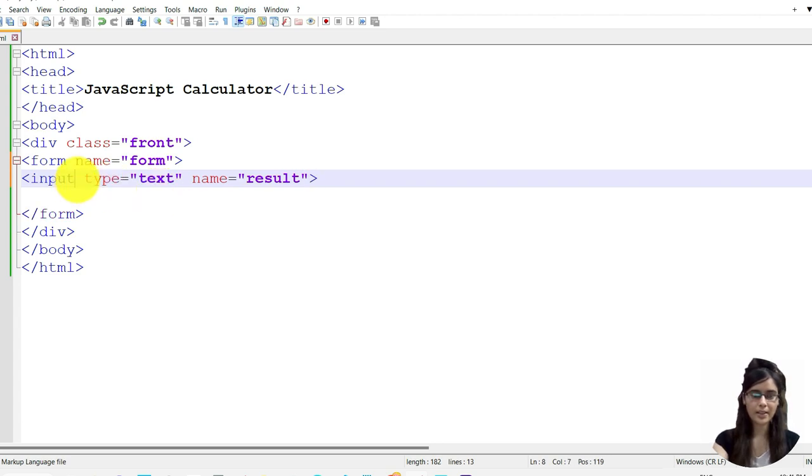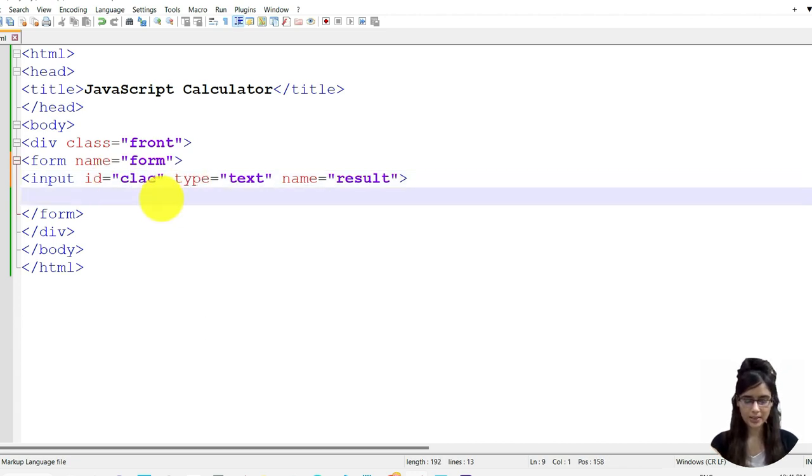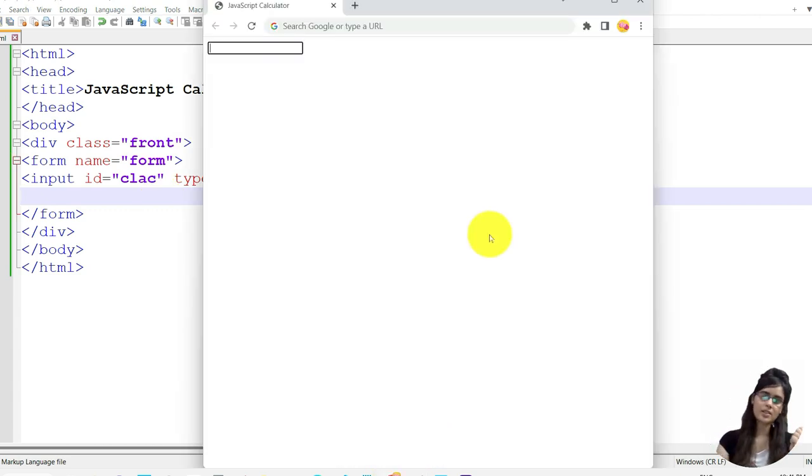Now this ID, as we will use CSS to style it. So I'm using here ID for this. Now this ID's name is suppose calc, that is the calculator. Now check this output. So here you can see this is the output. We have one box where we can enter text, but we will not enter anything here.